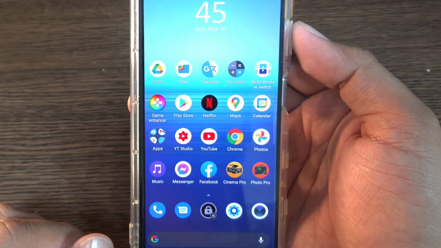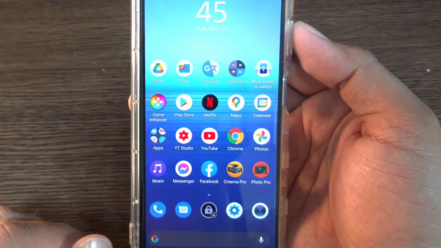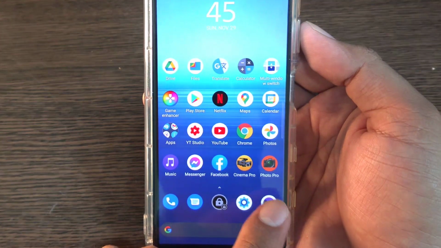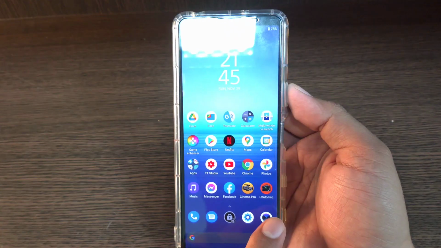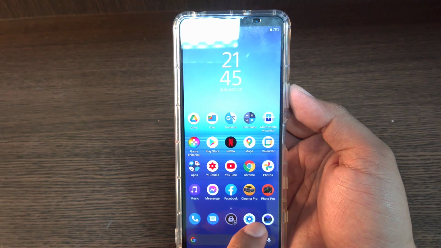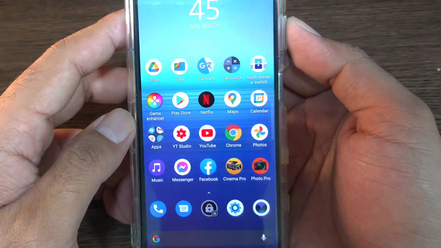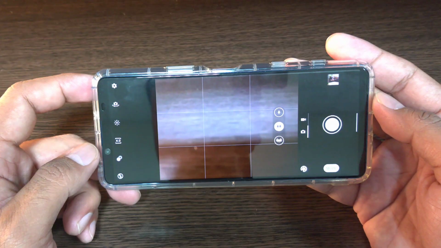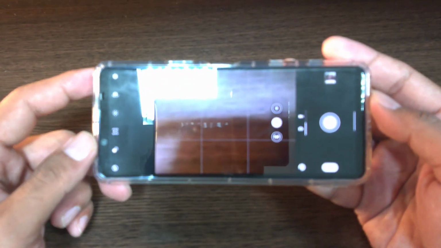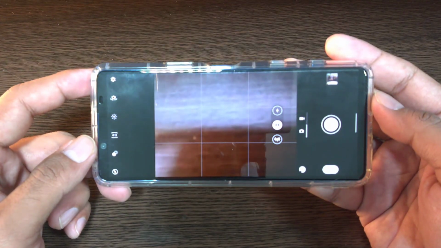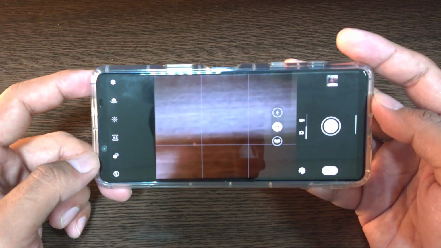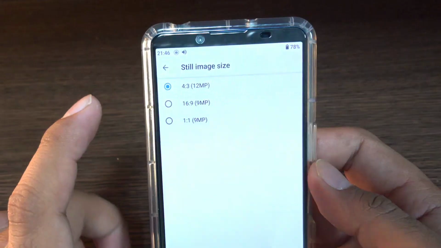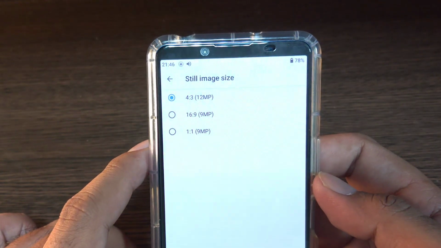This Xperia phone has three different kinds of camera app. The first is the default camera app, then the Photo Pro app for taking still photos, and the Cinema Pro app for video. We will go first with the default camera app. Unlike the previous Xperia phones, this default camera app comes in full automatic mode, so you cannot do manual mode. Still, you can change the image size between 4:3 and 16:9,